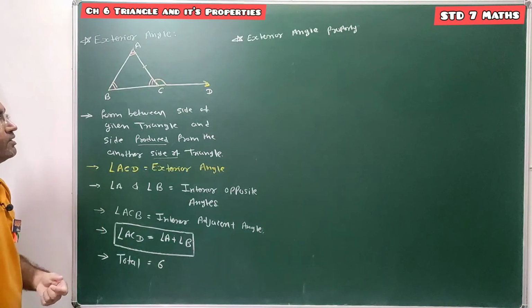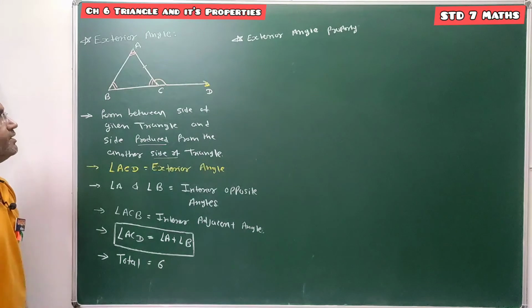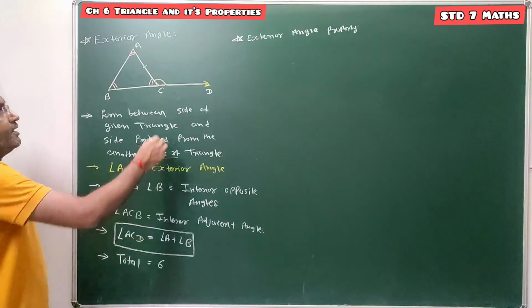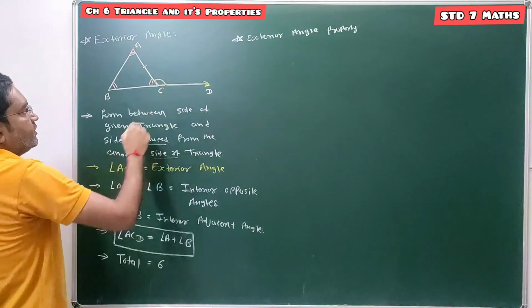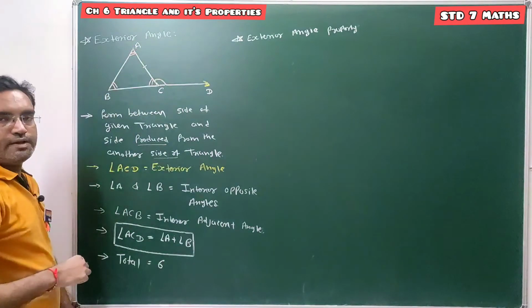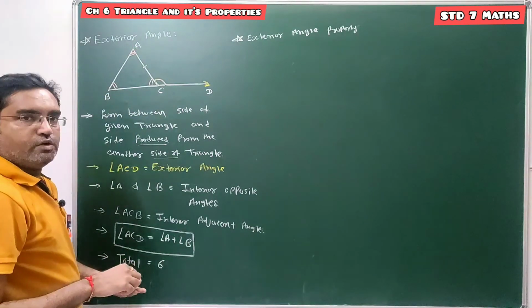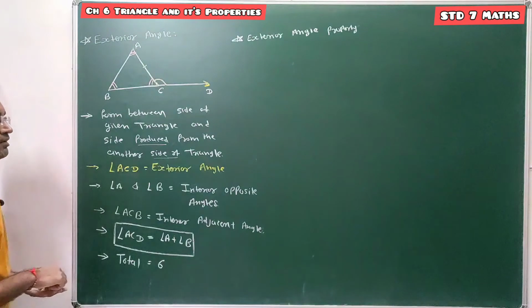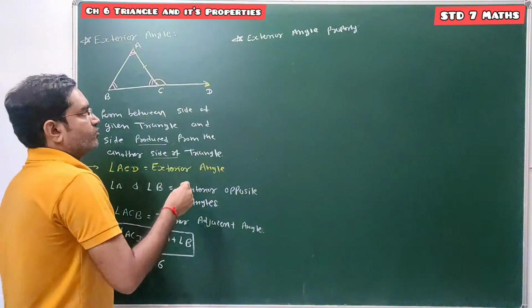Now we have to prove this exterior angle property. So what is the exterior angle property? The exterior angle property is: angle ACD is equal to angle A plus angle B. The exterior angle of the triangle is equal to the sum of its interior opposite angles, and we have to prove this property. So our theorem,